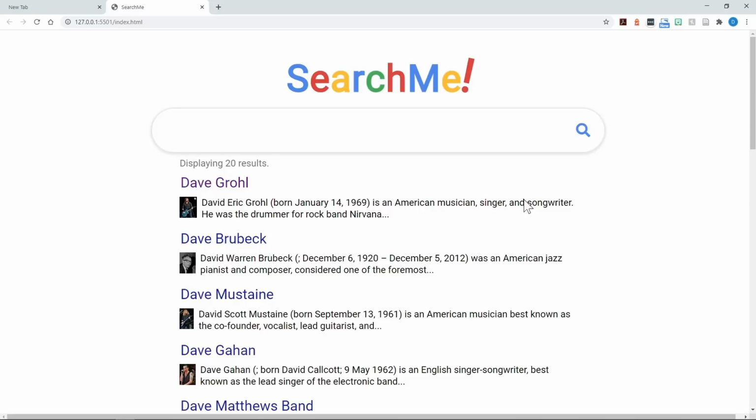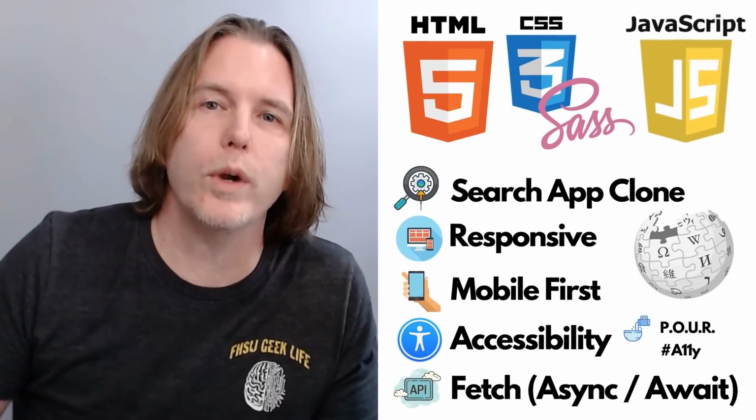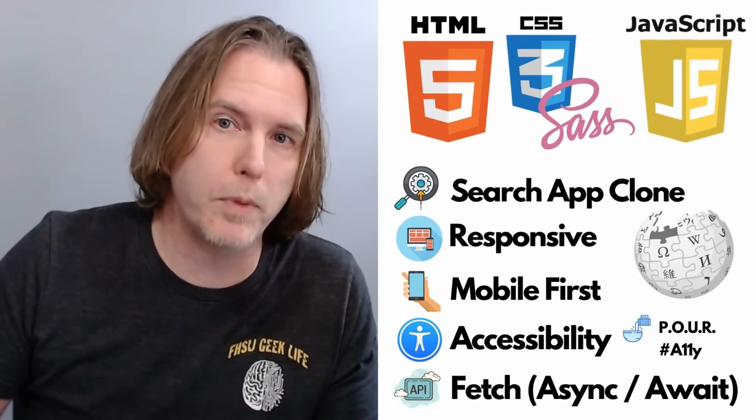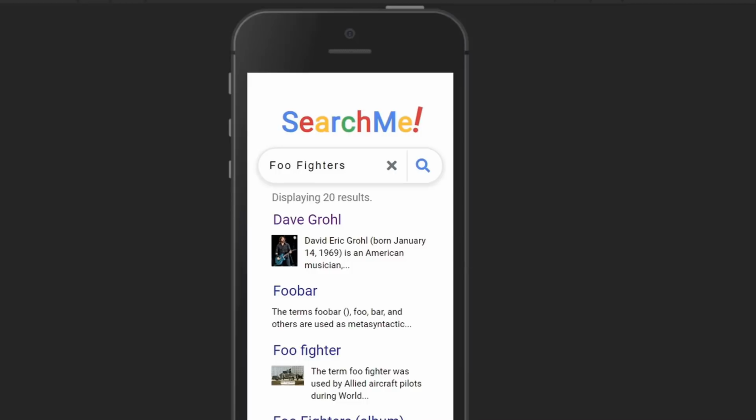We're going to use HTML5, Sass compiled to CSS3, and vanilla JavaScript. We're going to start with a mobile-first design that is responsive, and we're going to add accessibility features throughout. And then we're going to use fetch, along with async await, to request data from the Wikipedia API to feed